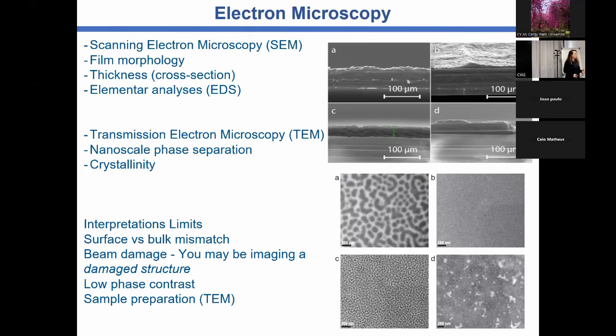This technique, you can see, for instance, the charges that you want to analyze for solar cells. Sometimes you see like nothing. It's good because you have a very good film,